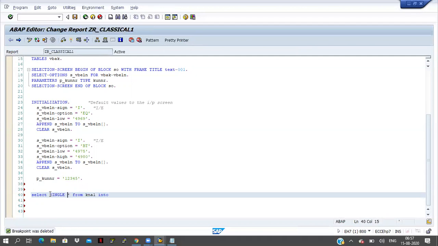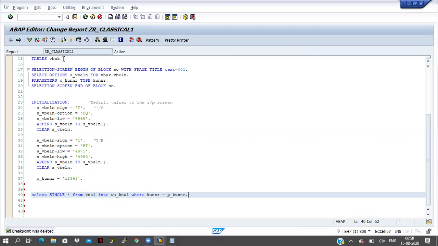Select single star from KNA1 into work area KNA1 where KUNNR equal to P_KUNNR. I am taking where KUNNR equal to P_KUNNR.